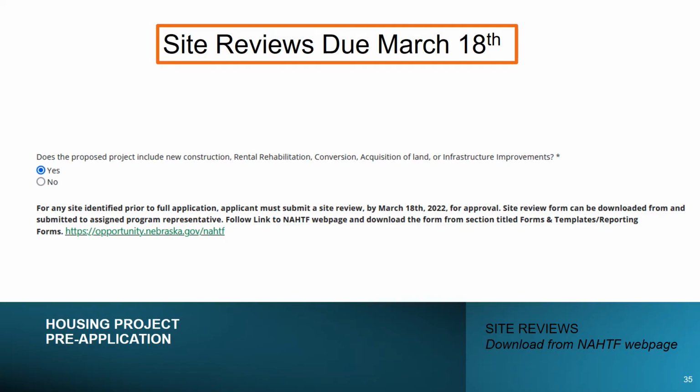Does the proposed project include new construction, rental rehabilitation, conversion to housing, acquisition of land, or infrastructure improvements? If yes, the note pops up to remind you to download the new fillable form off DED's website. It's named the Nebraska Site Review Form. In order to have the site review completed and back to applicants in time to upload to their full application,